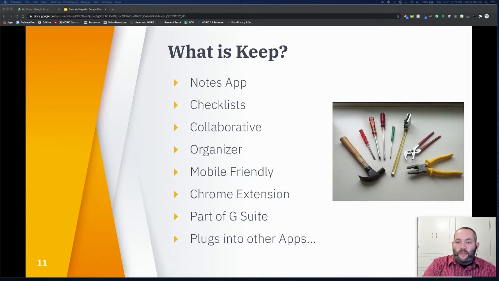So Google Keep is a website, but it also has a fully functioning Google Chrome extension, a mobile app for both Apple and Android devices, and it also works really well through integrations that they've made with other G Suite apps. And we'll go through some of those as we go through the presentation.